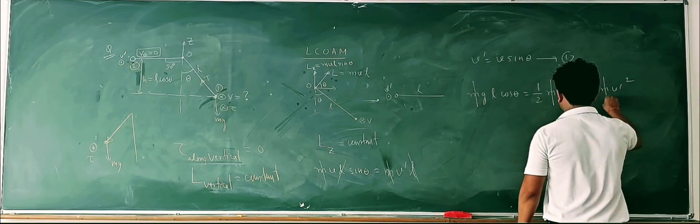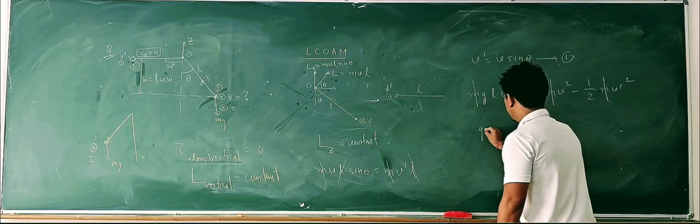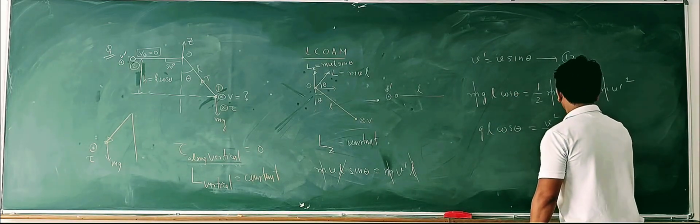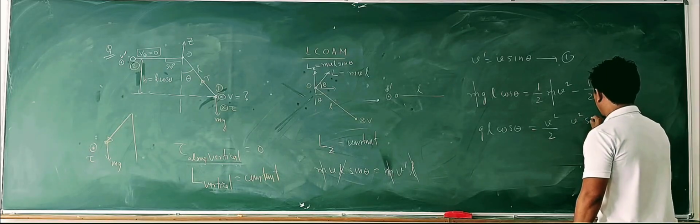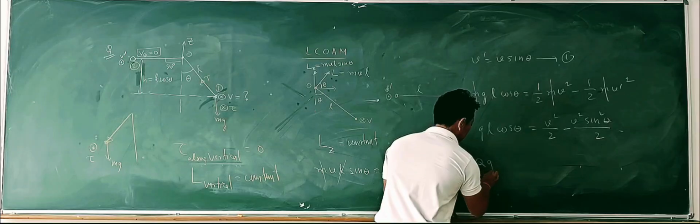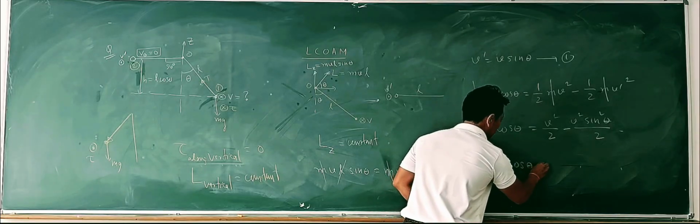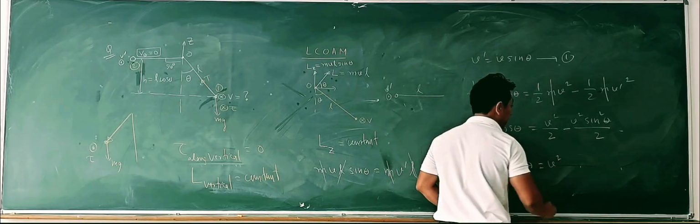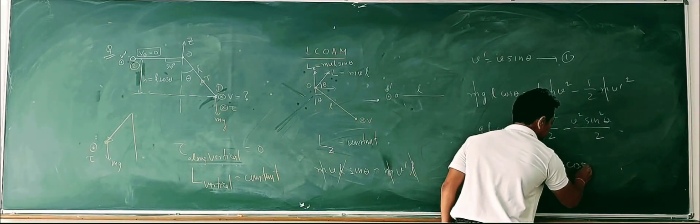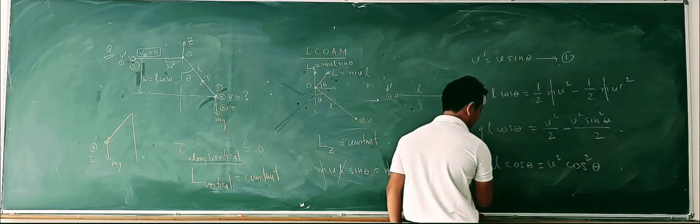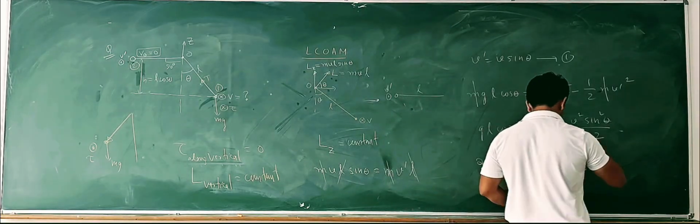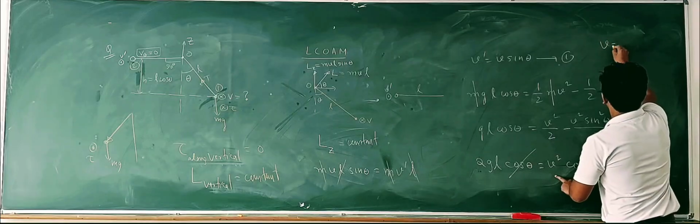M cancels. Let us substitute. gL cos theta equals V square by 2. What is V dash? V square sin square theta by 2. Multiply with 2. 2gL cos theta equals V square bracket 1 minus sin square theta. What is 1 minus sin square theta? Cos square theta. Sir, where is this 2? Here, bro, here. Cos cancels. What V came, students? Under root